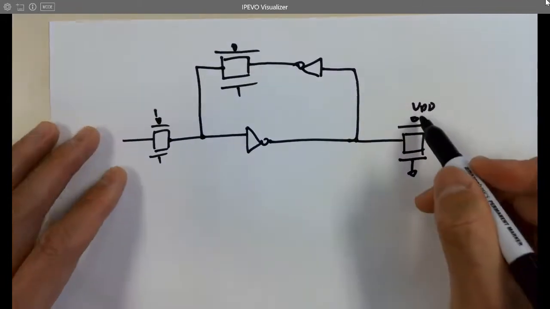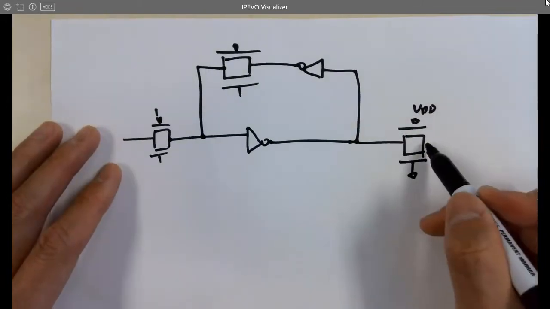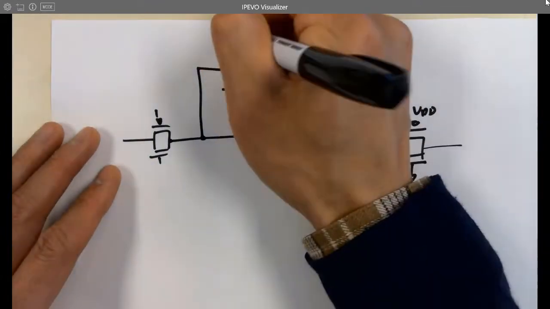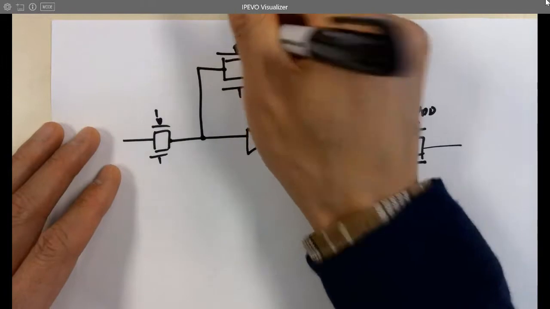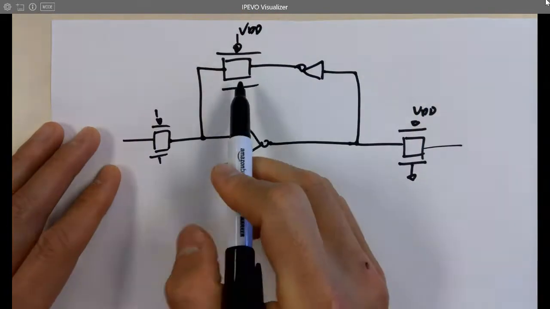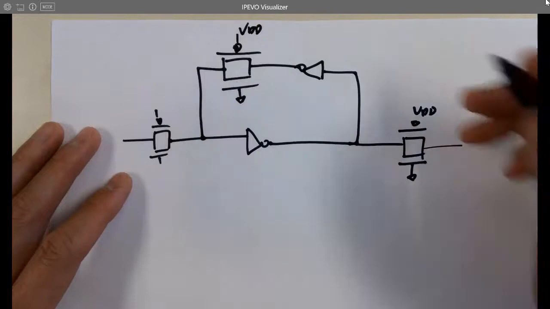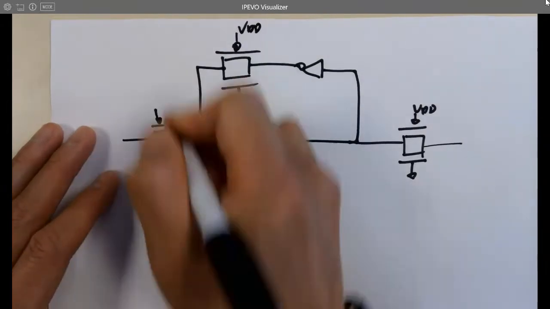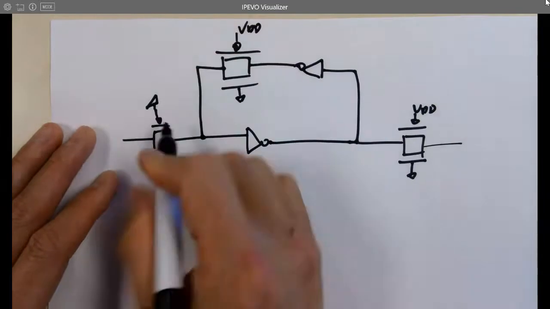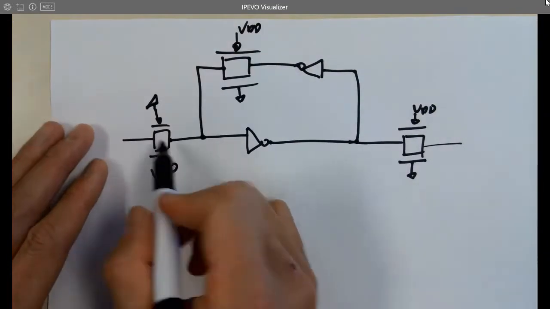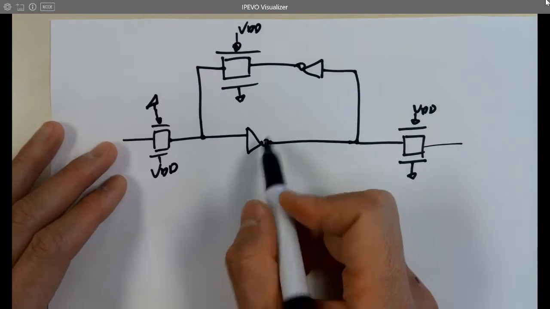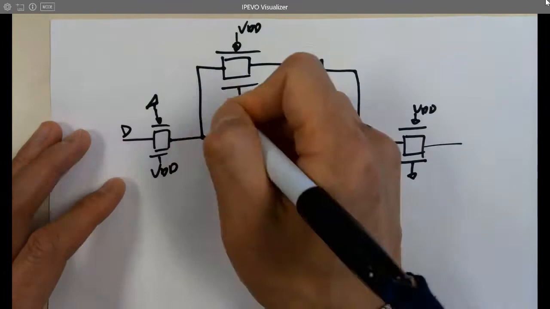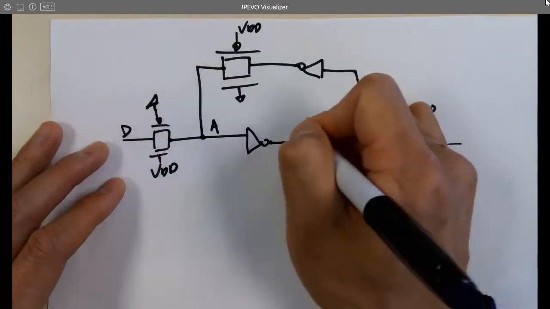So if you have VDD to the PMOS and ground to the NMOS, this is off. It's not being turned on. And VDD and ground, it's not turned on. During that cycle, it's off. But for this one, it's VDD here for the NMOS and ground here for the PMOS. So this is on. At that moment, this is passing the signal through. But these two are not. So if I label this as D data, this is A, point B,